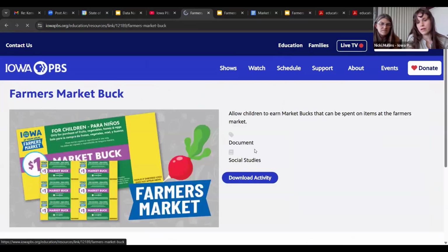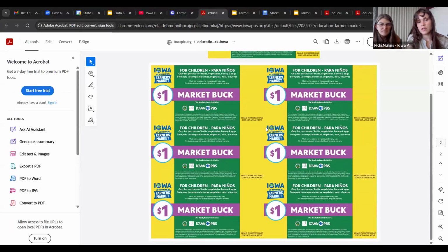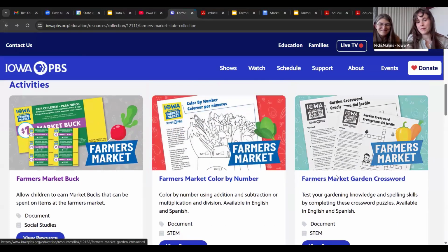So here's downloadable market dollars. They have stipulations in both Spanish and English. So if you did find the funding for market dollars, you wouldn't have to create a document or create your own Monopoly money. You can just print this. See if I can move this, so I don't have to keep showing you my alt codes for typing in Spanish. We have another one, a farmers market garden crossword that has been